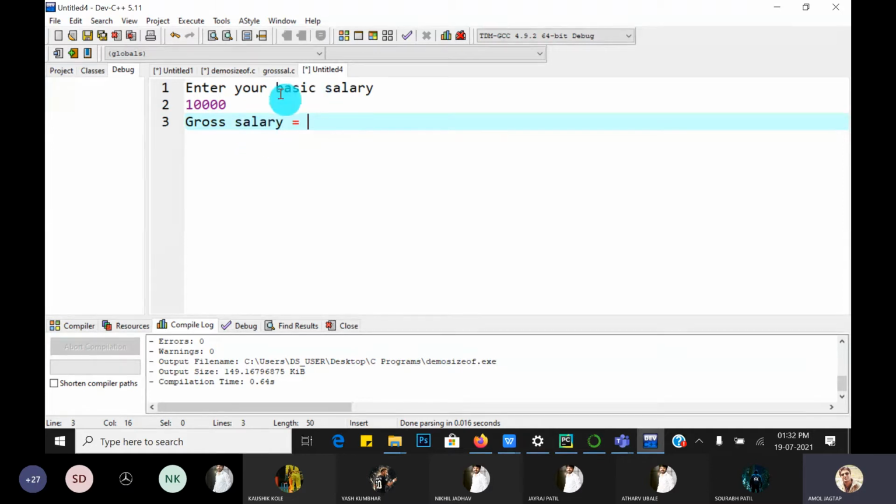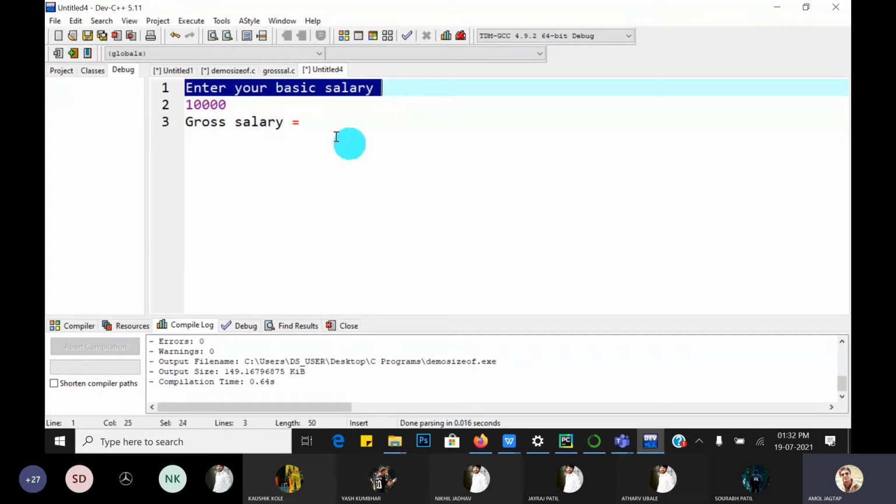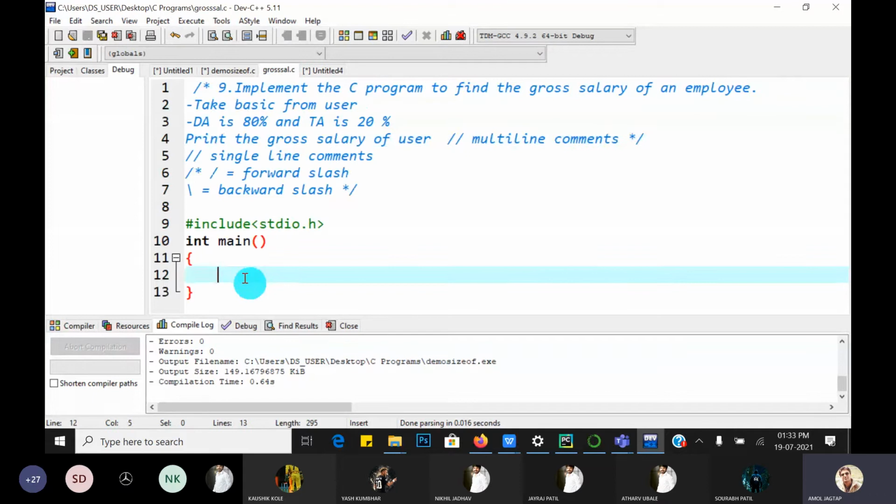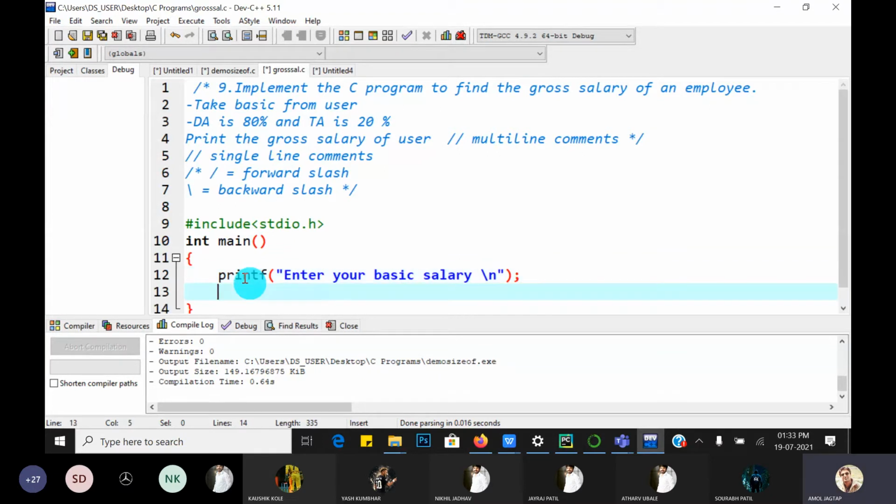So as per the output, we have to design our program. First, enter your basic salary. That is the first statement. So write printf in double quotes, with \n. Then use scanf to take the value from the user.